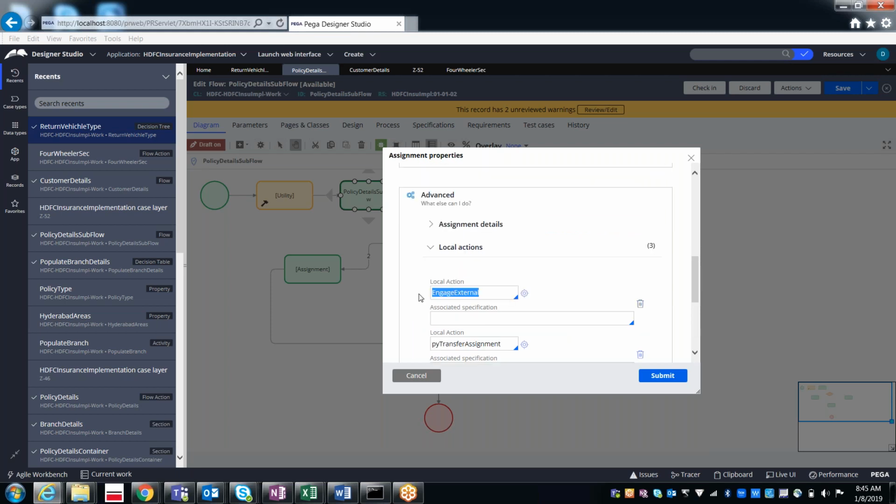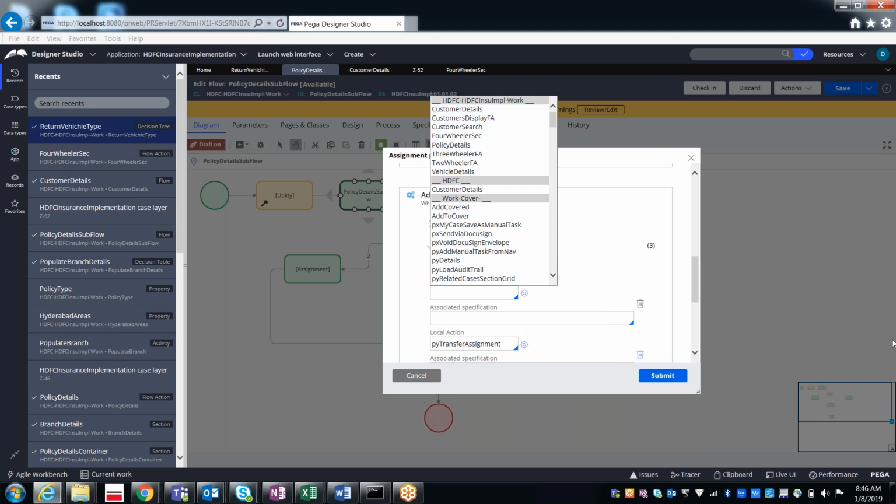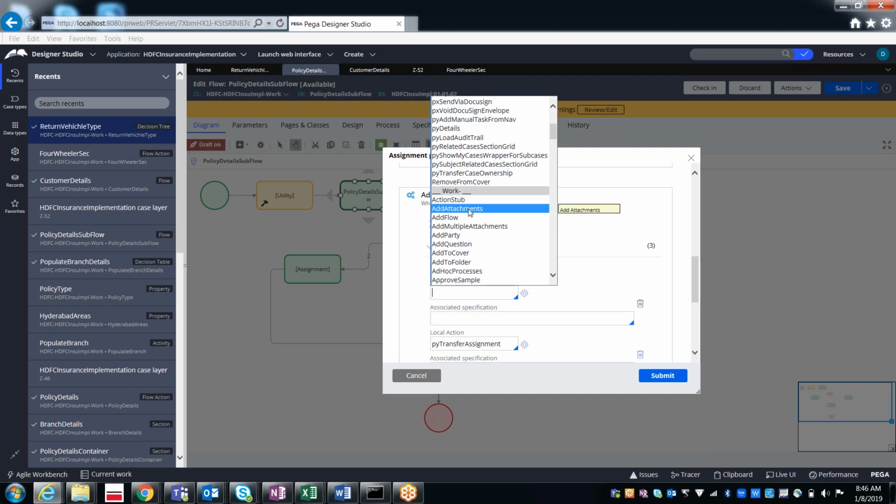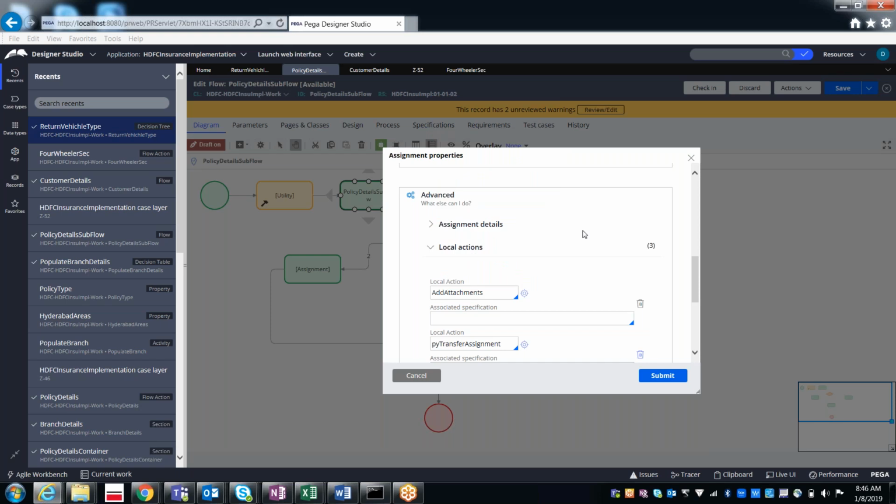If you remove these and press the down arrow, you will see all the local actions, and along with that, if you want to see the predefined ones, select more so that you will see more of the other local actions. In case, while I am entering the policy details, I may have to attach some emails or some documents related to the address proof, otherwise his salary details, or his bike registration documents.